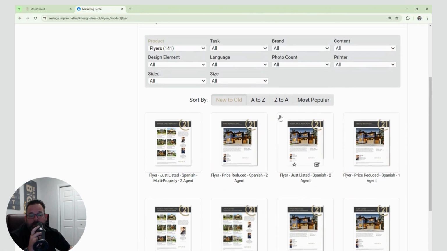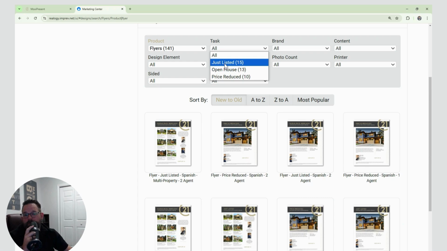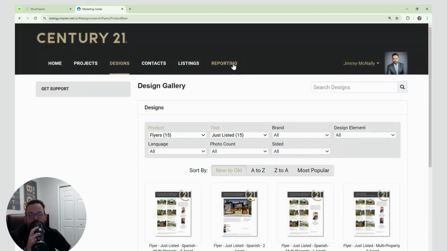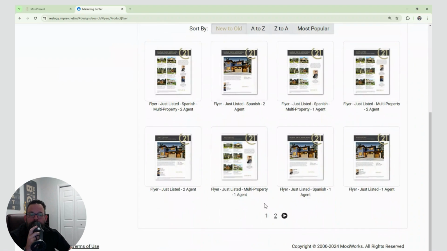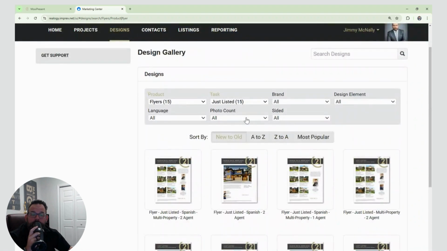So my recommendation is either to click through and see what you like, or you can start up here where it says tasks. I can click that and bring it down to, let's say I'm doing an open house, price reduction, or just listed. Maybe this is something I want to go and knock on doors for an open house or promote my listings to the neighborhood. Once I do that, you can see I'm only down to 2 pages worth of flyers